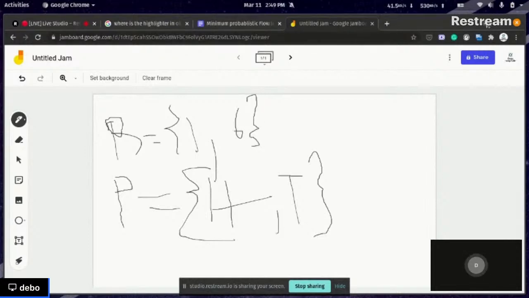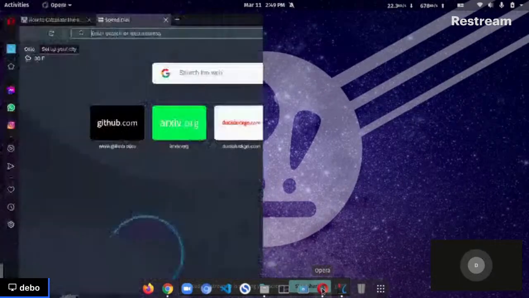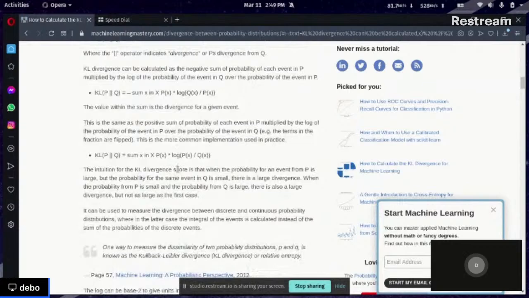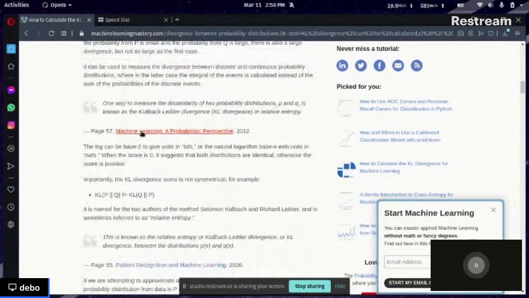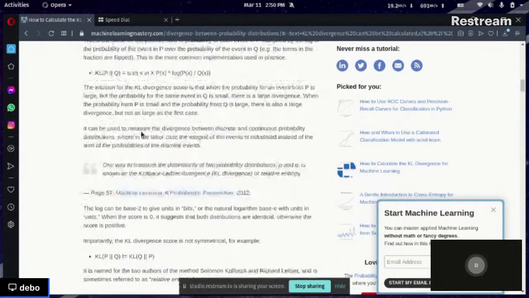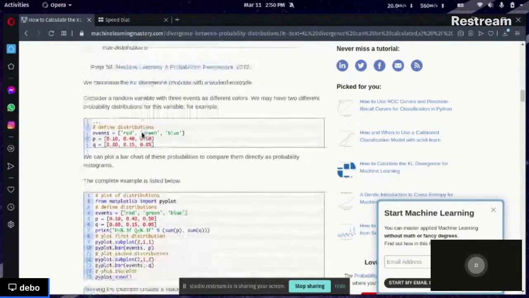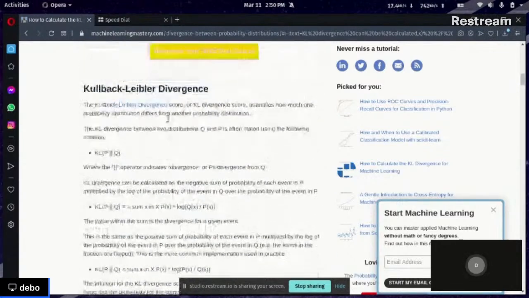It's the sample space. Now the Kullback-Leibler score, what does it do? It calculates the divergence between these two probability distributions. Now when we got this, I think for now we know what it does. So I think for now it's totally good to go on with the research paper, and later on we will know more